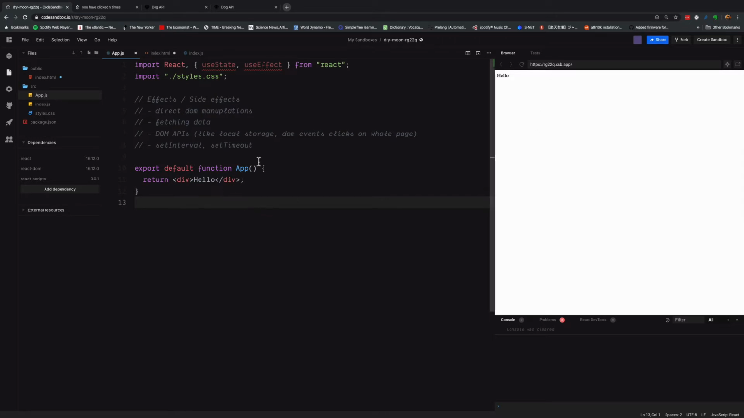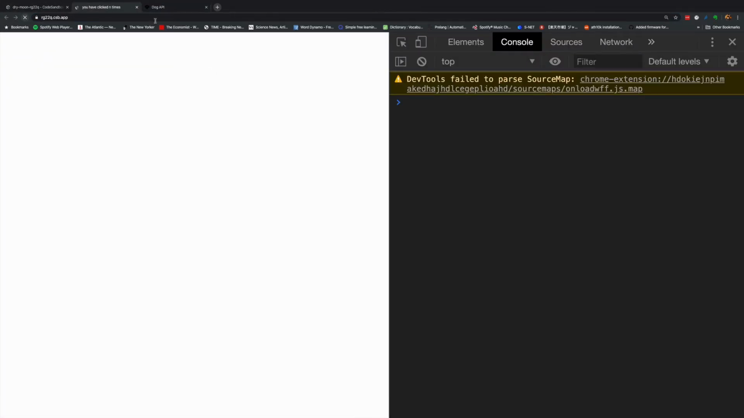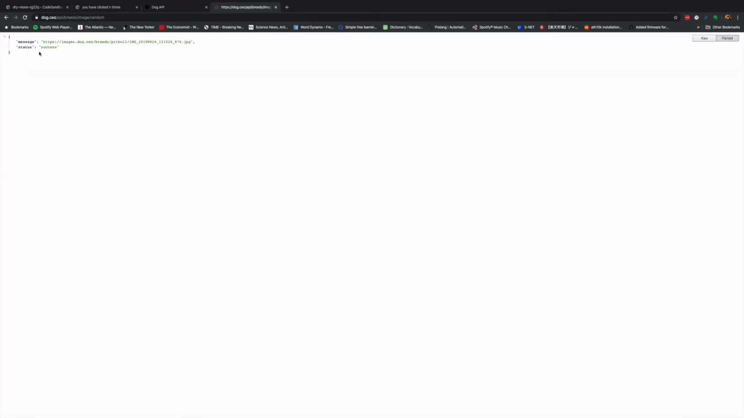Perfect. Okay. So let's say I have this API, which is the dog API. Let me also refresh this page. If you hit this endpoint, let's just try hitting it. It will give us a message and a status. The status tells us if the request was successful or not, and the message gives us an image of